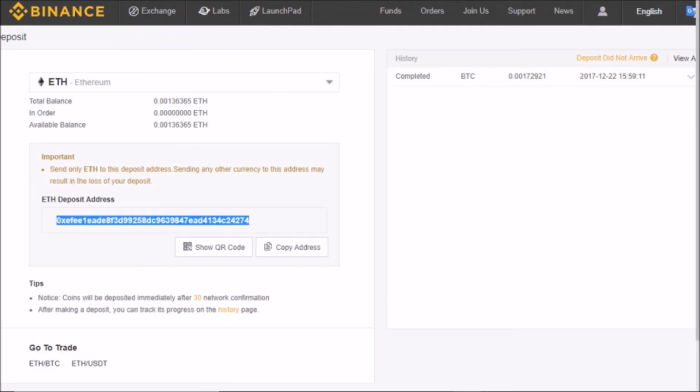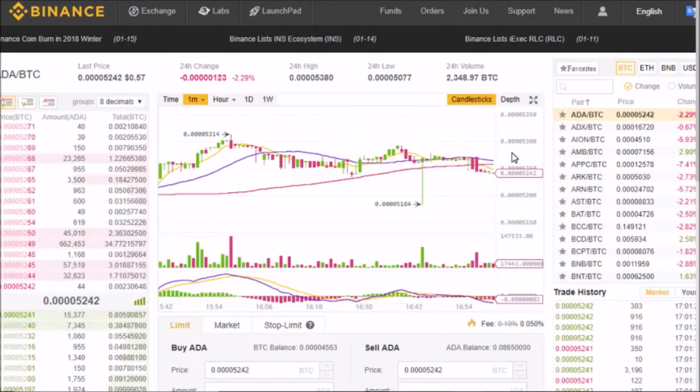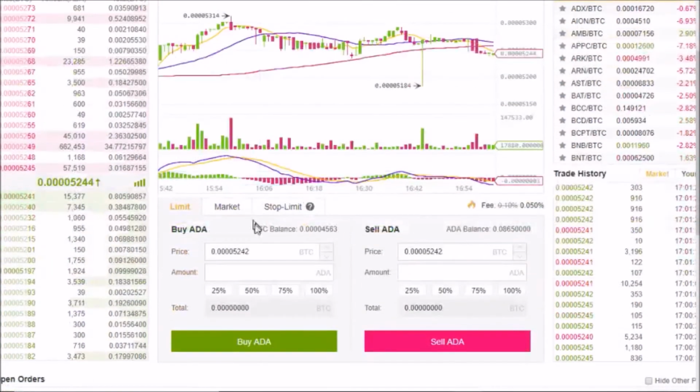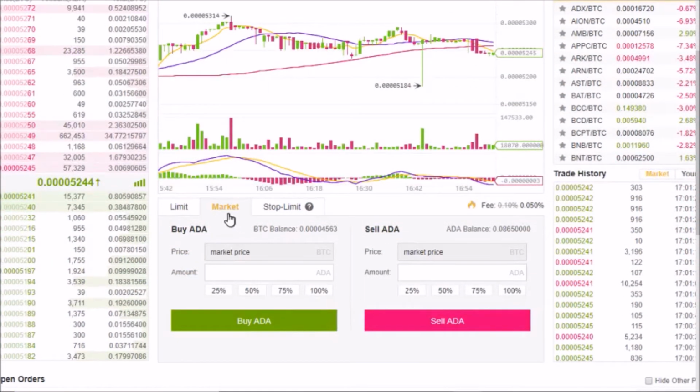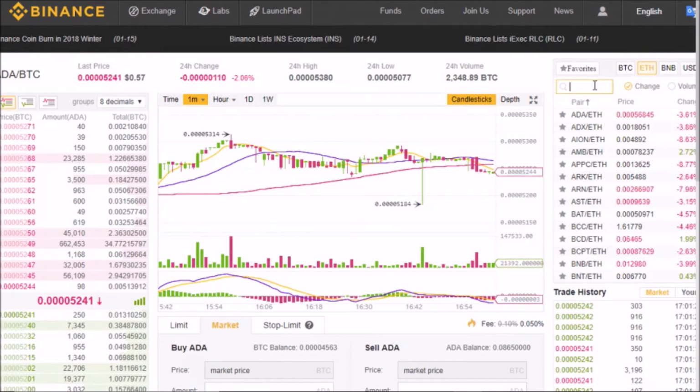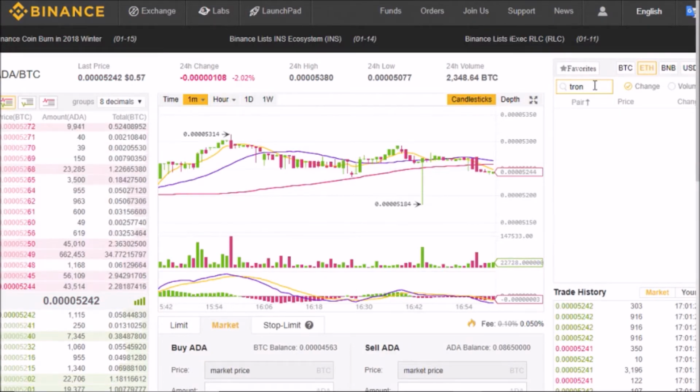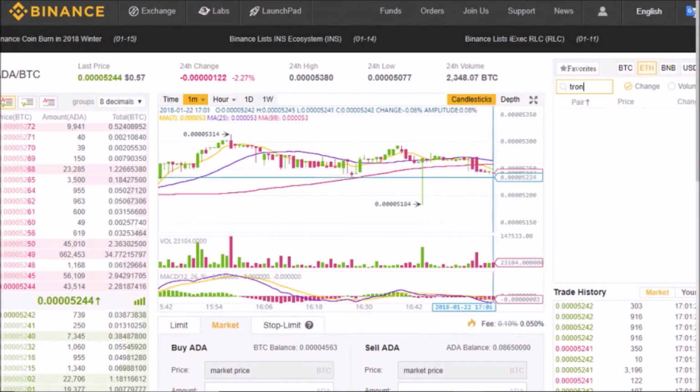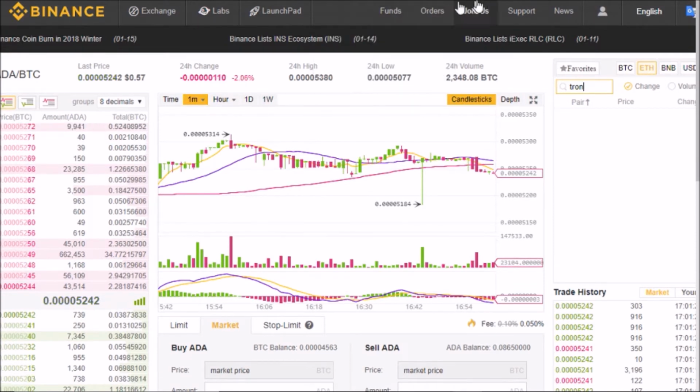So now you are ready to buy your first altcoin. Now the easiest way to do it, if you don't want to deal with this, is doing it through a market order. So what you're going to do is put the market order here. You're going to type in right here if you're going to buy with Ethereum or with Bitcoin, whichever one you're using, and you're going to type in what you want to buy. And for example, you want to buy some Tron, and like, wait a minute, it's not popping up. So I recommend that you have this website open,